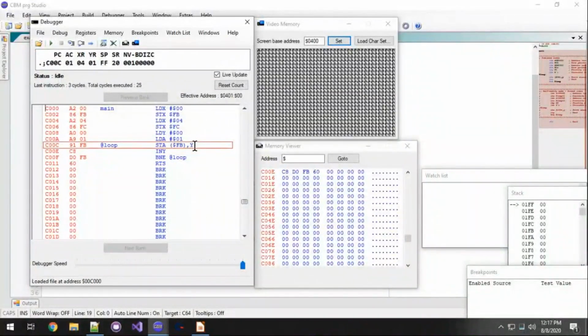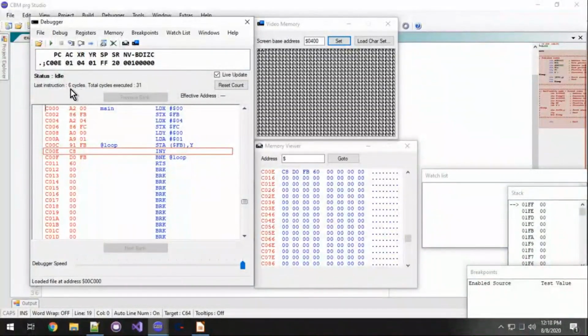So what it's going to do is take that memory location 400 and add 1 to that. And that should print the character A to the next column. So press F7. Now you should see there's 2 A's on the screen. And again, this will just keep on going until it reaches 255 in the Y register, and then it'll just exit out. However, before I exit out of the debugger, I want everyone to look at this other last